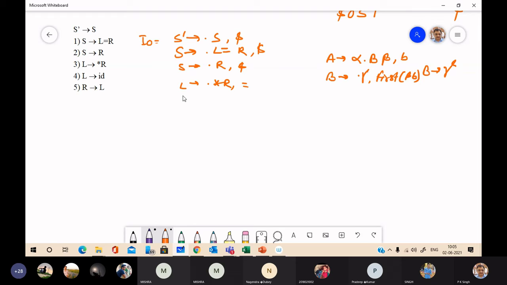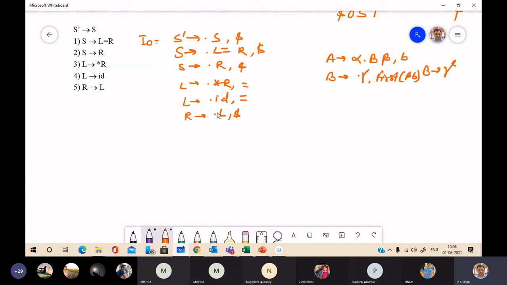Second is L to dot id, equal sign. And due to this S to dot R, we have this production in the grammar, production number 5, then we can say R to dot L. We don't have beta, we have only dollar, so here we have dollar.